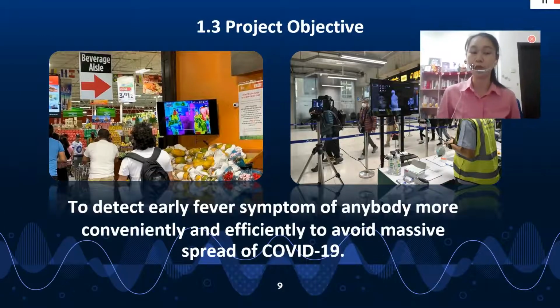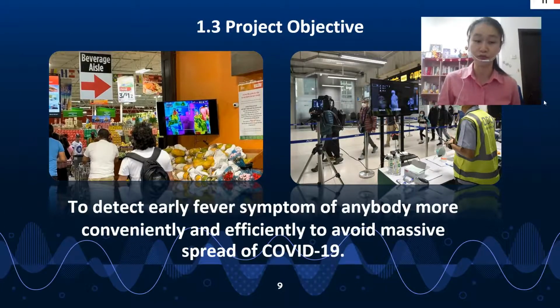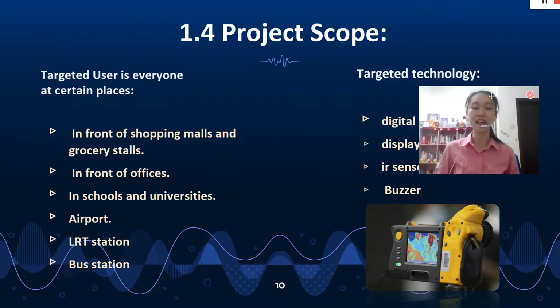And then our project objective, very obvious, is that we are trying to detect the early fever symptom of anybody more conveniently and efficiently to avoid massive spread of COVID-19. And the target user is actually everyone at certain places that you want to go. To be specific, in front of shopping malls and grocery stores, in front of the offices and the staff rooms, in schools and universities, and the airport, LRT station, bus station,